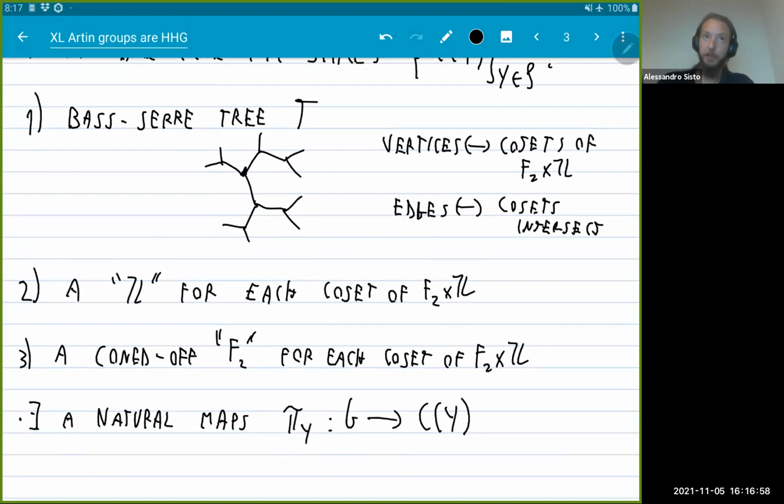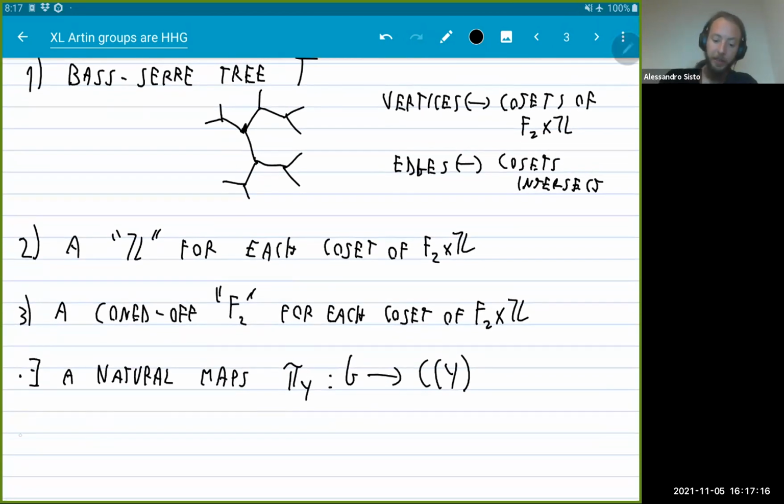Okay, and so these maps are what allow me to compare the geometric features of G with those of the various hyperbolic spaces. And they are the coordinate maps that I was mentioning before. And the study of the geometry of G, the coarse geometry of G at least, can be reduced to the study of the geometry of these hyperbolic spaces. And there's various ways in which this happens.